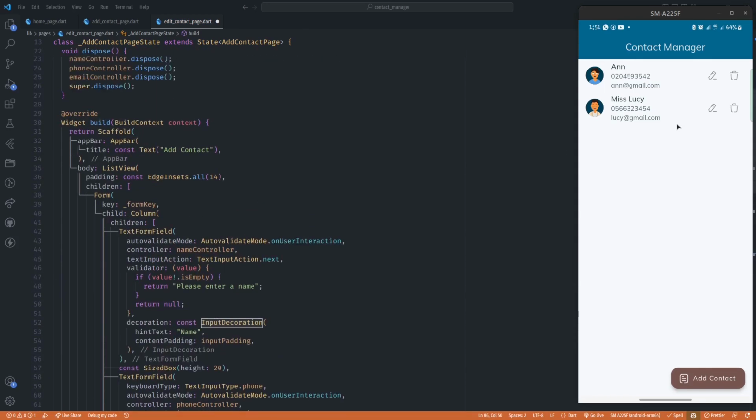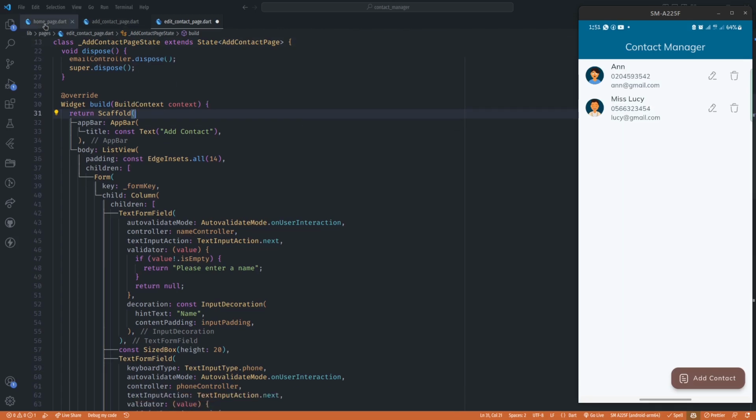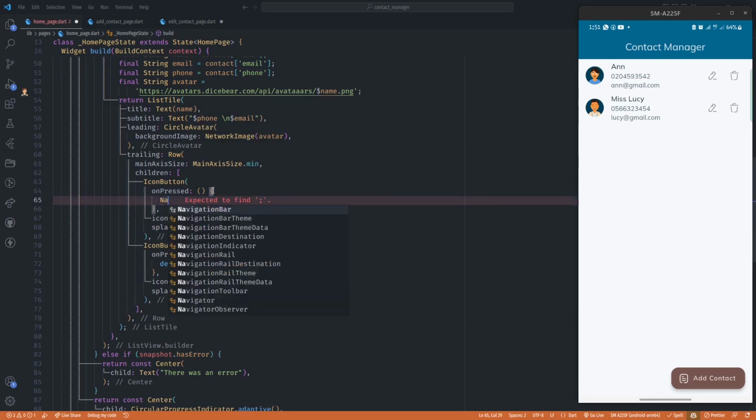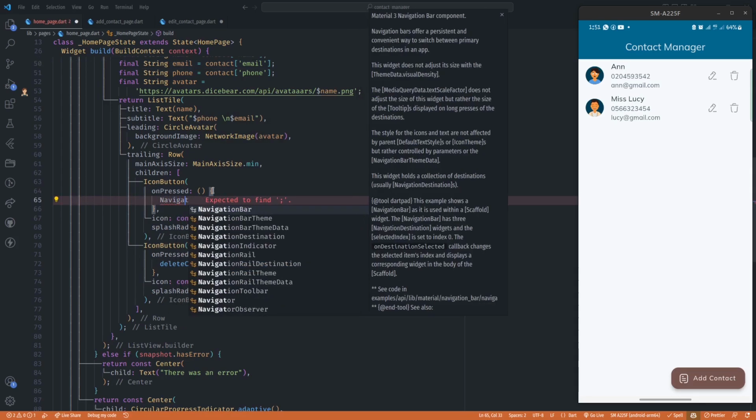Now when a user taps on this button, we want to pass this user's data to the edit contact page, so that by the time you get to the edit contact page you already have the user's data there, and the only thing you have to do is to edit it. So back in the home page, when we tap on this edit contact icon button, we want to navigate to the edit contact page. So Navigator.push,